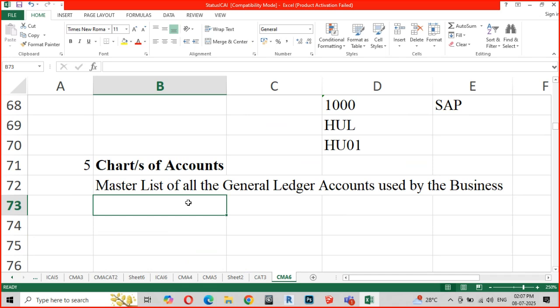What do I mean? Suppose I am bringing in SAP for Hindustan Unilever Limited. Hindustan Unilever Limited has to do some financial transactions. How do you achieve financial transactions? How does a transaction start and end? Through a